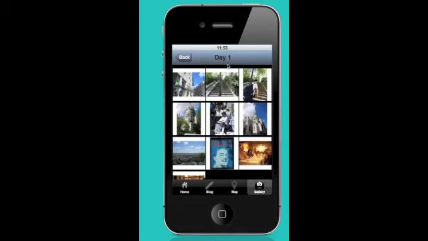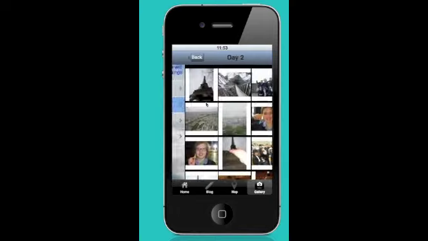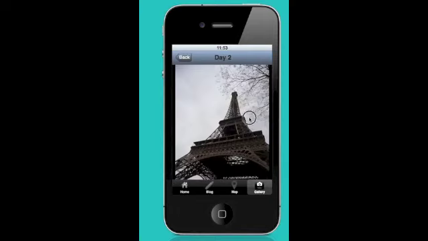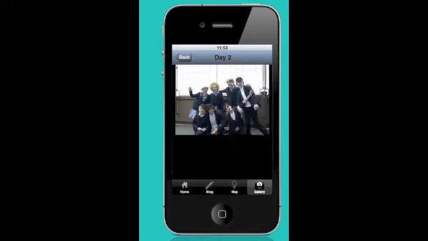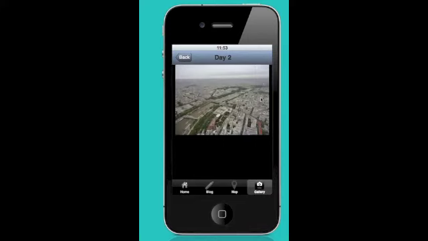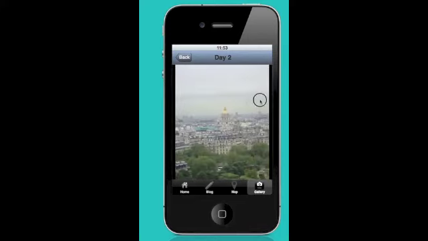The children were constantly discussing amongst themselves which scenes might make for a good picture for the app. So they were really concerned with composition and how they wanted their audience to view what they were seeing in Paris.